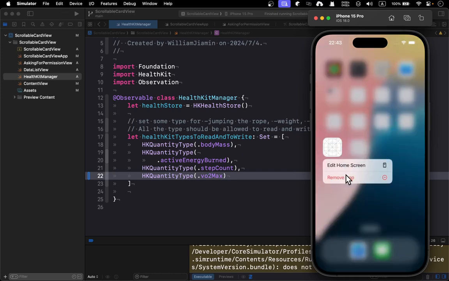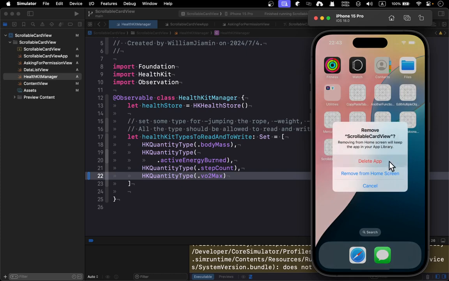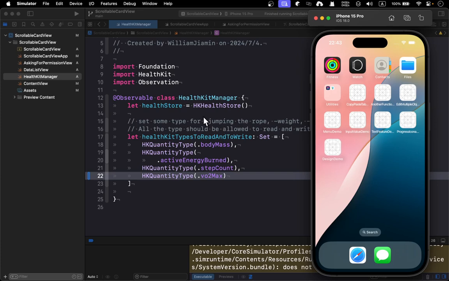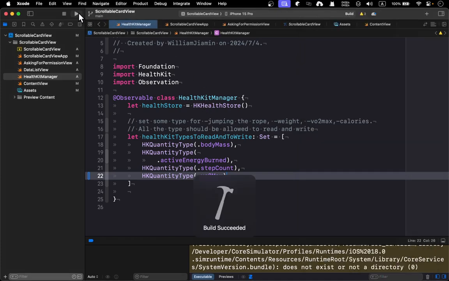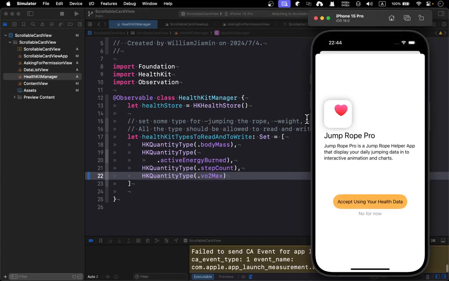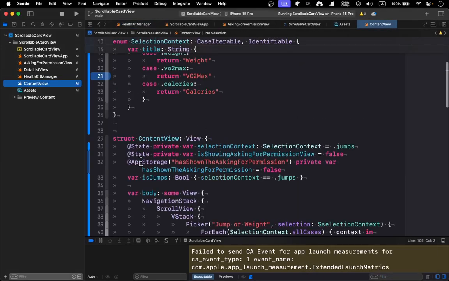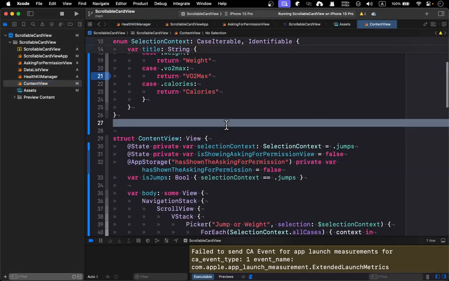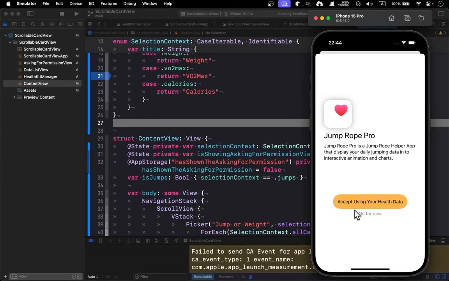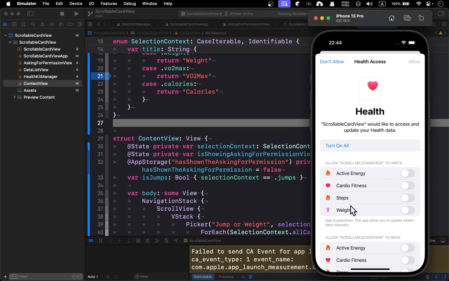Let me just remove the app, delete this app completely, and run this. Okay, then you just refresh this storage, which would be AppStorage here,